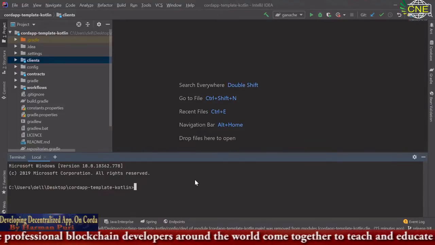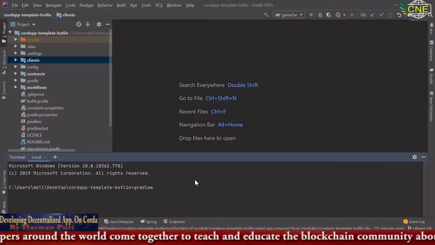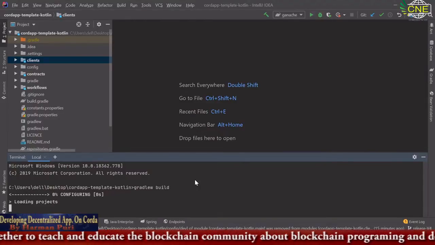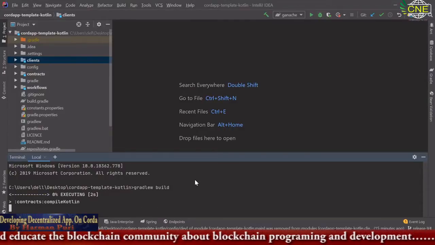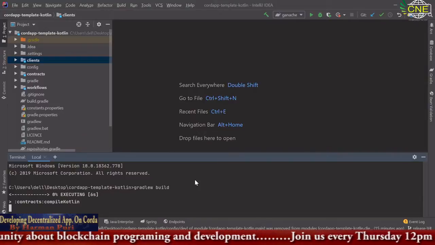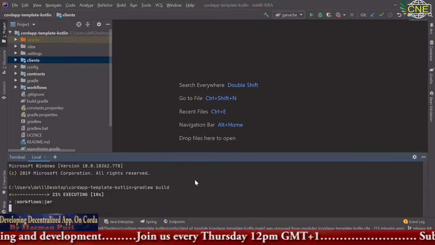But in Windows, it is just gradlew and then build. This will take a few seconds.